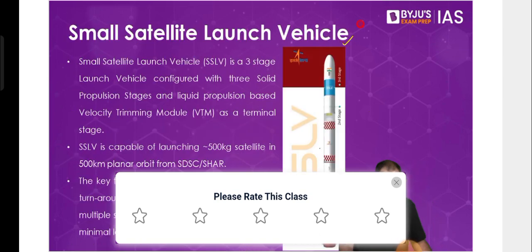Then after that, there is this new launch vehicle that was introduced by India last year, the Small Satellite Launch Vehicle. If you remember, we discussed nanosatellites yesterday. We discussed the various points related to the advantages that nanosatellites have. To launch these nanosatellites or small satellites in general, one major hurdle for launches over the past has been that we always have to wait.